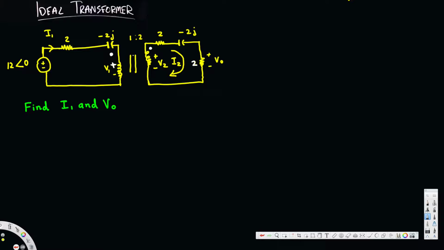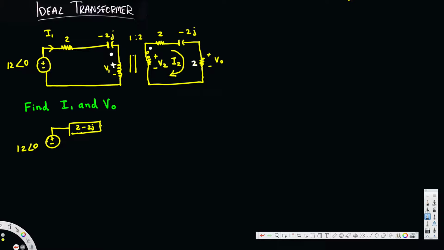First of all, I'm going to draw the equivalent circuit model together. Instead of this resistor and impedance separately, I'm going to combine them together and make a circuit. Now let's go ahead and do that. Here we have a voltage source that is 12 angle 0, and then here I'm going to combine this resistor and impedance together. So this is going to be just 2 minus 2j,